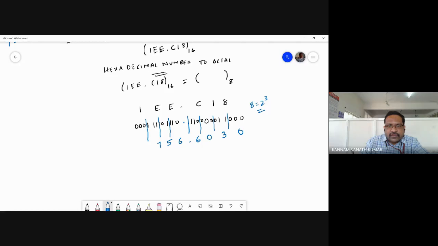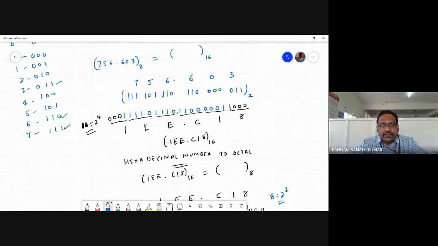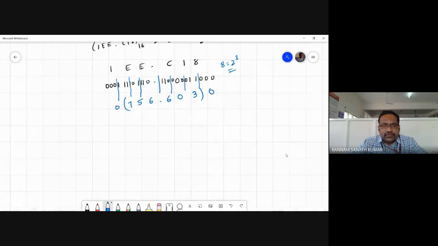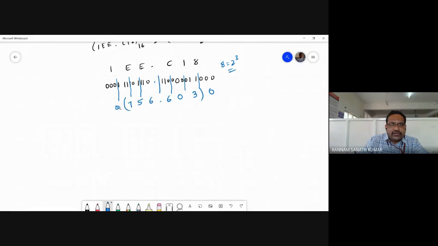Okay, and this is 7 and this is 0. Okay, so 756.603 you got, no? See here, the previous 756.603 you got, no? Okay, so you got the same answer, no? So you can omit these zeros. Okay, anyway the value will not change. So you are getting the same value. Okay, so